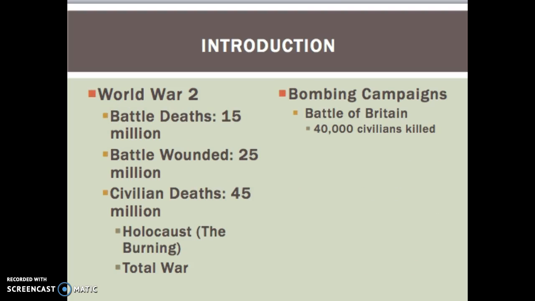But the Holocaust only accounts for some of the civilian casualties. During World War II, civilians were directly targeted by enemy forces. This was made possible through the creation of deadly new technology, specifically the airplane. The airplane meant that each side's military could directly attack civilian populations en masse. The Germans made good use of these new weapons. In the Battle of Britain, the Germans attempted to force Great Britain to surrender by using a massive bombing campaign against the civilians of London. About 40,000 civilians were killed.